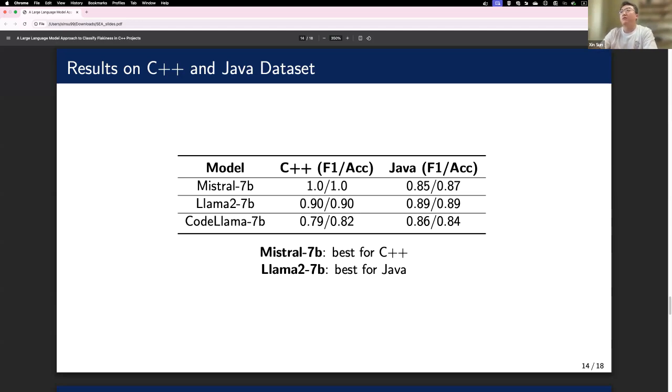Additionally, the performance of the Llama model and the CodeLlama model also reminds us that even code-specialized models like CodeLlama may not exhibit better capabilities than their base models in some tasks.